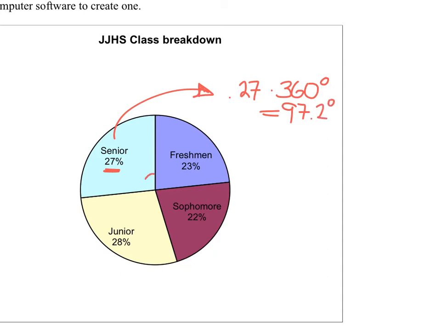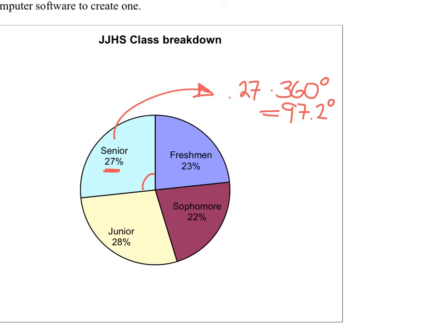97.2 degrees. So that's what this angle would be. All right. So what you would do is draw a line segment and then measure off 97.2 degrees from that, and then do the same thing with 23 degrees, 23%, 22%, and so on. All right, so it's not difficult, it's just a little tedious because once you have the angles, then you draw a circle around it. All right, now the quality of the circle is where things, they don't need to be overly precise, but